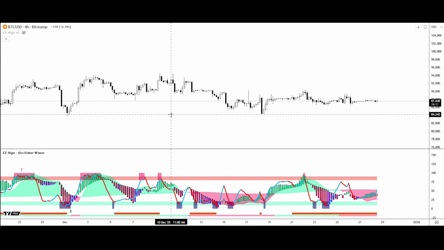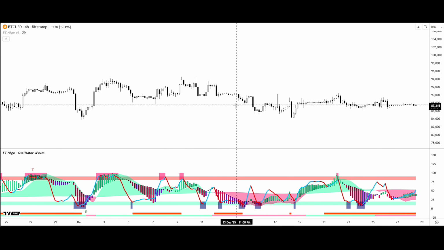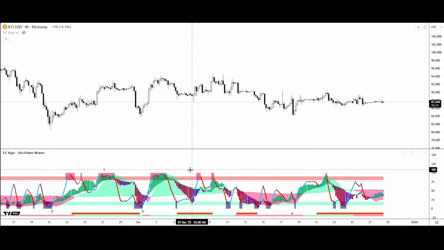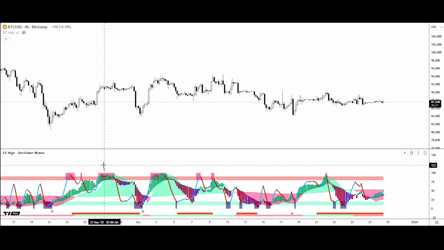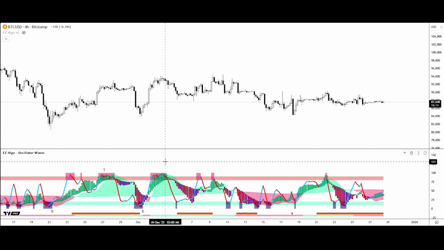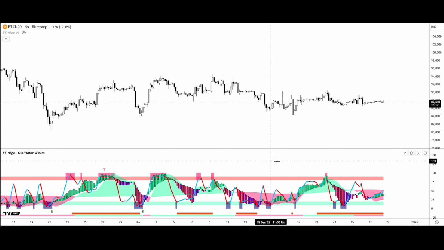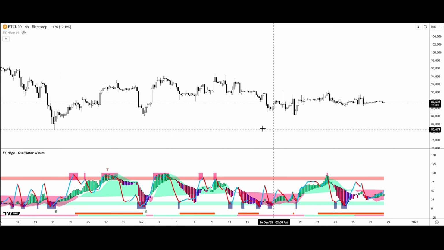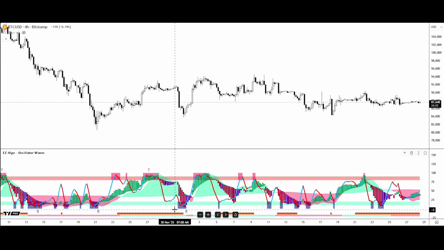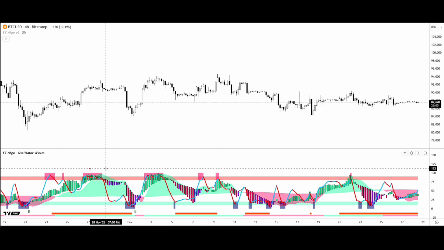Now we can even see, even in the choppiest of price action, where Bitcoin, for example, has been just moving flat for the last month, we can still identify these up and down moves through the oscillator candles, right? We got our move up, we got our corrective move, we got our move down. Move up, move down, up and down. It's literally like ping pong, how you can use this, right? And whenever our Stoch wave is in the overbought or oversold area, we can use that as stronger reversal points as well, on how it's behaving, how it's moving,